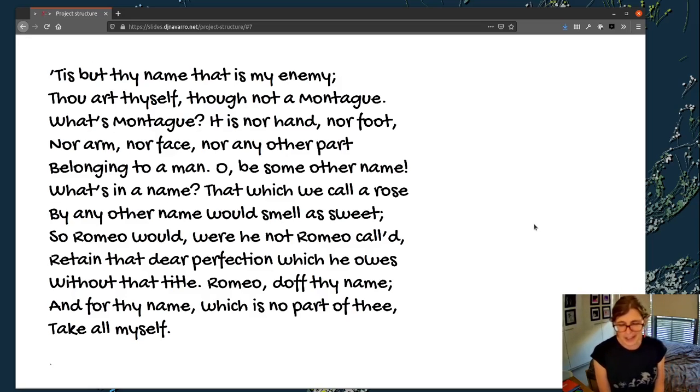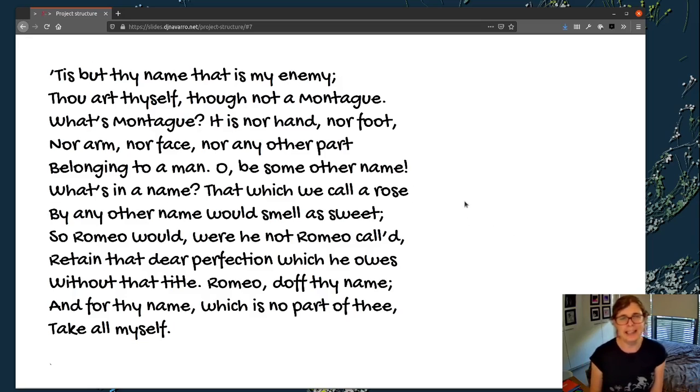Okay. So I like motivating this by thinking of the classic scene in Romeo and Juliet by Shakespeare. Juliet's up on the balcony, lamenting the fact that she's fallen in love with Romeo, this boy who unfortunately belongs to another family, the Montagues, who are enemies of her own, and she's complaining about the name. Look, 'tis but thy name that is my enemy. Thou art thyself, not a Montague. Right? A file is what it is. It shouldn't matter what it's called.